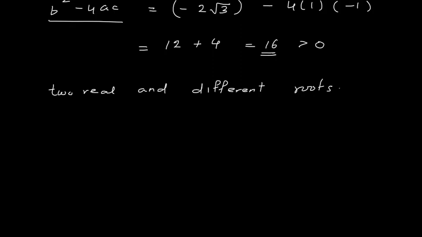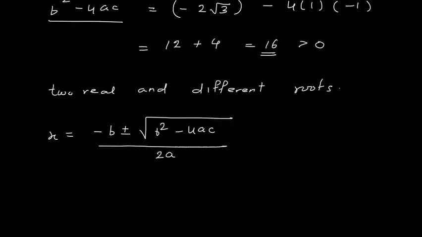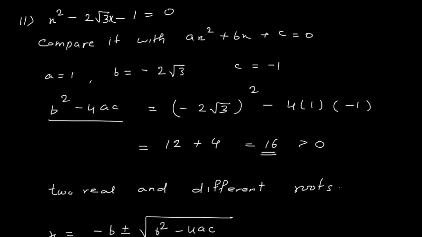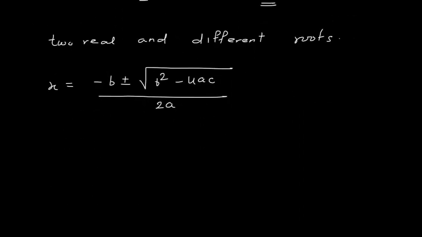Now x is equals to minus b plus minus root b square minus 4ac upon 2a. Now let us put the values. The value of b is minus 2 root 3. So this is equals to minus minus, it will become plus 2 root 3 plus or minus, here we have